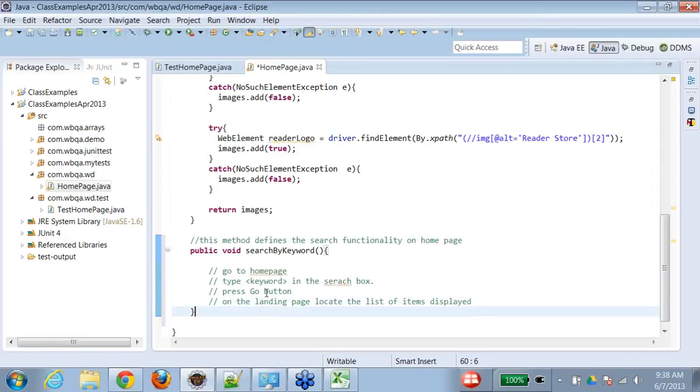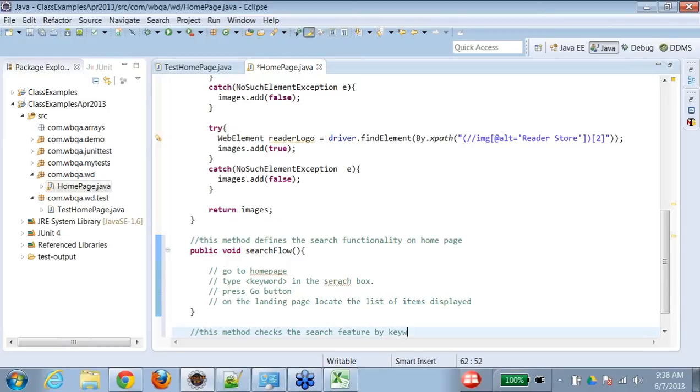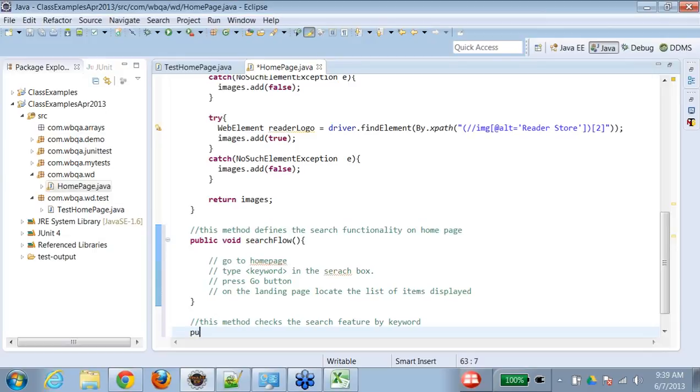So it's better to create a method with the search flow, and call this method in different other methods. So instead of writing search by keyword, I would say search flow, and then I would write a method, like say, this method checks the search feature by keyword, right? And here I would say search by keyword,